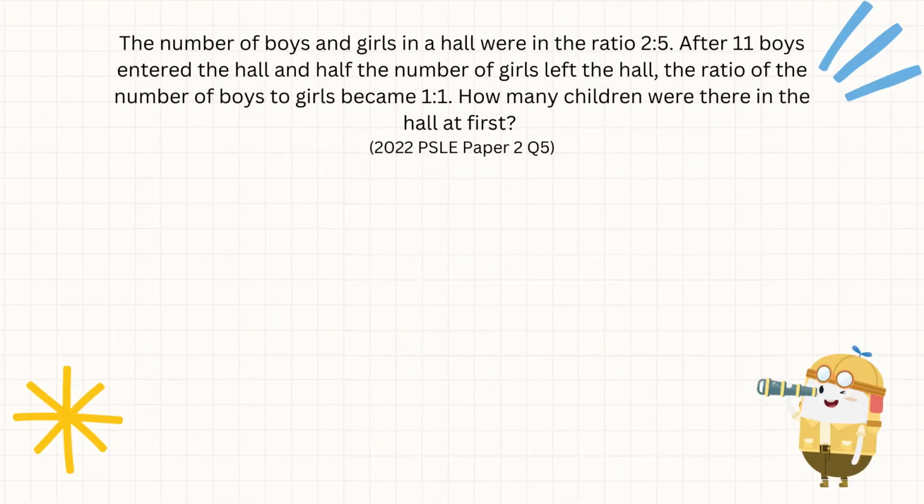So today we're going to be looking through the external unchanged example in PSLE. Now let's look at the question. The number of boys and girls in the hall were in the ratio of 2:5. After 11 boys entered the hall and half the number of girls left the hall, the ratio of boys to